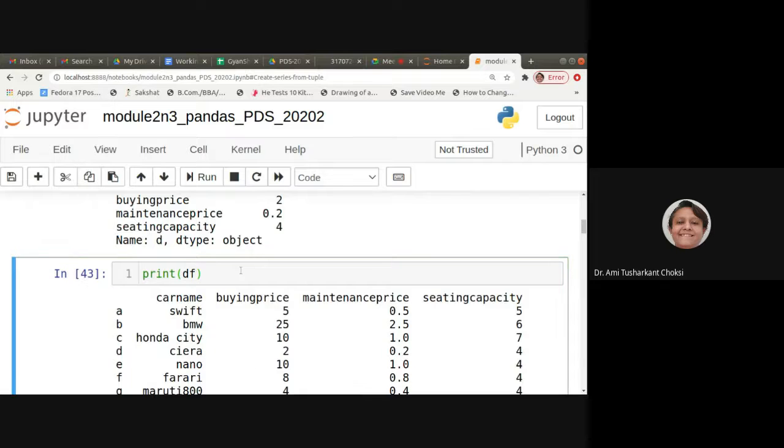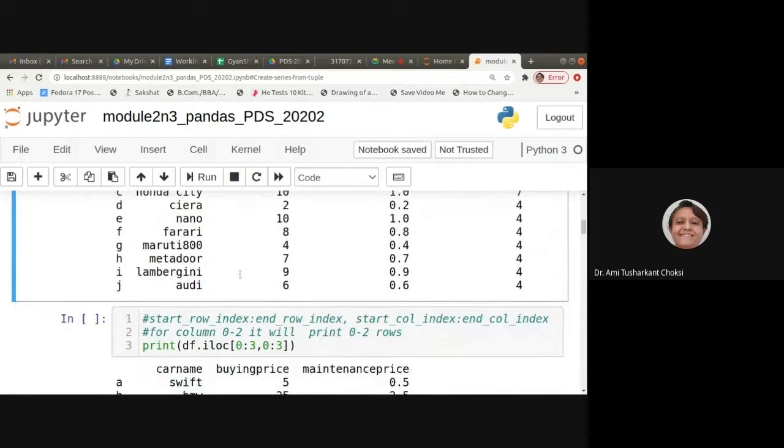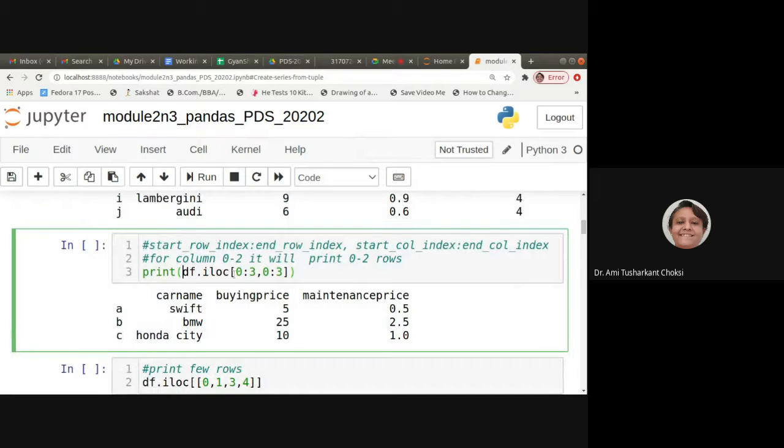Print df, it is our normal, right? Now say df.iloc[0:3] for the row, that is the starting row and ending row. Then the starting column and ending column, all the things we are providing. So 0:3, comma, 0:3, right? Start index of row, end index of row, start index of column, and end index of column. All the things are being provided. Now, what will be there? 0:3, the start index is 0 and the end index is 3.